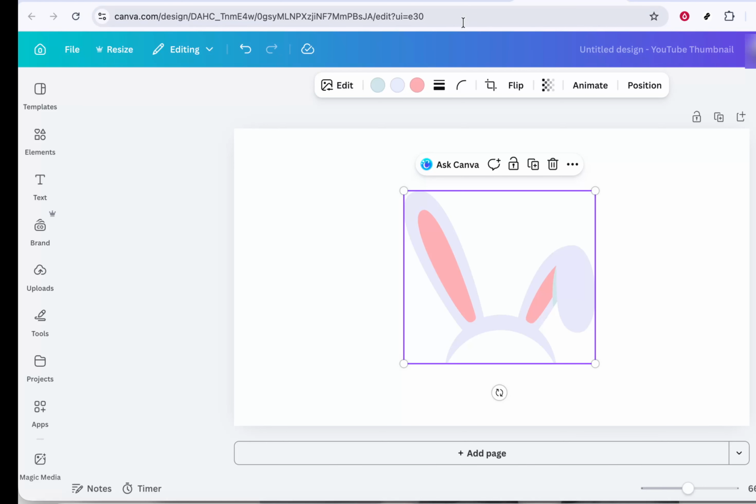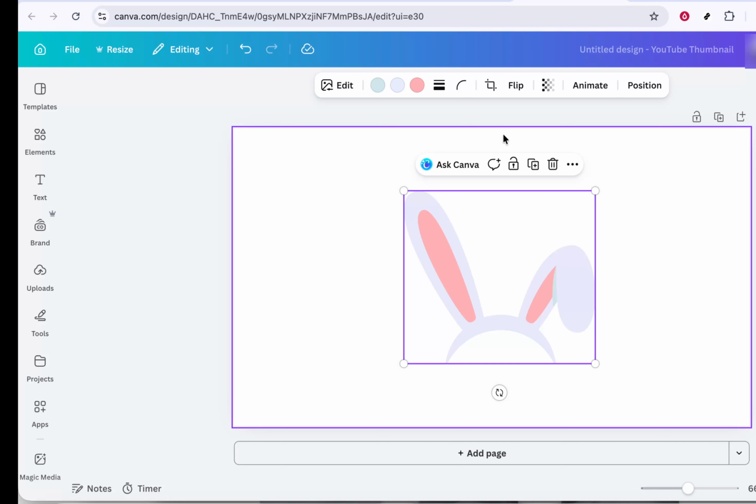When you're happy with the new size, release the mouse button. The element will stay at that size, and you can click anywhere outside of it to deselect. That's all you need to do to resize elements in Canva. Click on the element, then click and drag the small circle handles to adjust its size. With just these actions, you'll have much more control over how your design looks and